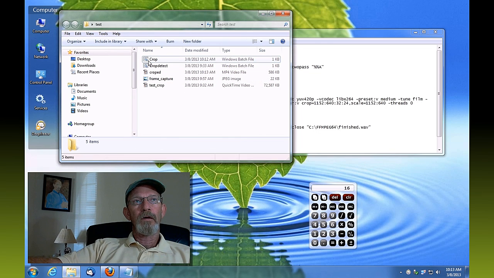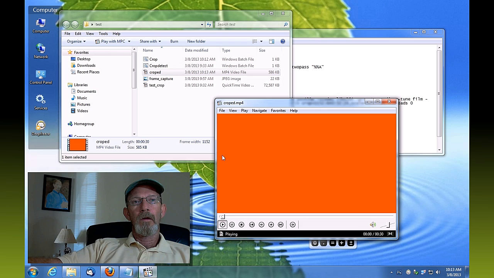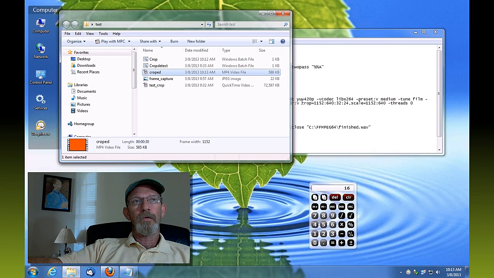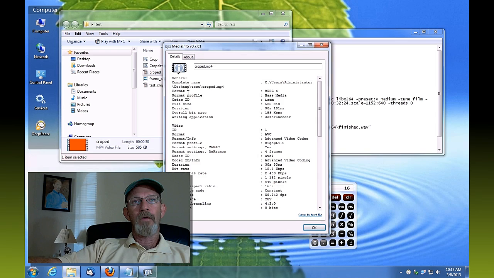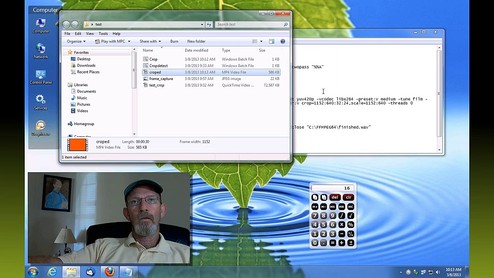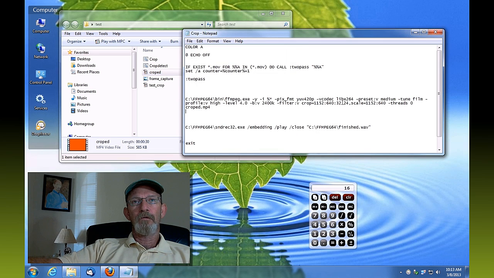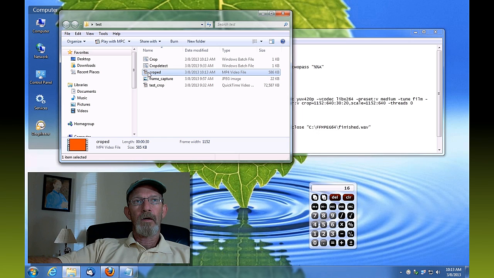Alright, so let's take a look at our cropped version. And you see now that from corner to corner, if we pull the media info on that, we'll see that we're 1152 by 640 at a 16 by 9 aspect. We'll take this back even further. Let's go here where it suggested before, 30 and 20, and save that. Delete our cropped file